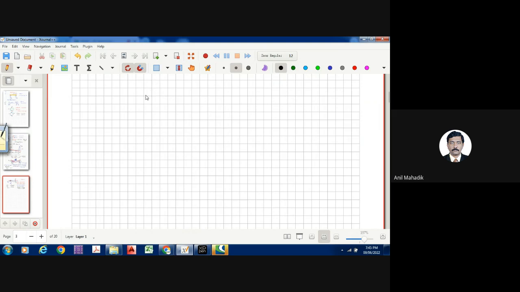So in analysis, in design and in drawings, the supporting condition should match. It should not happen that in analysis you are assuming, let's say you are doing the ETABS model or STAAD model, and in the analysis you are considering your support as let's say